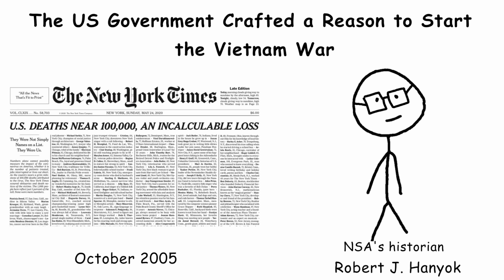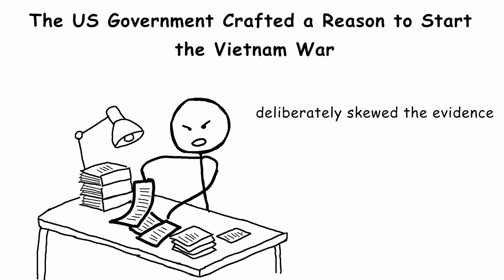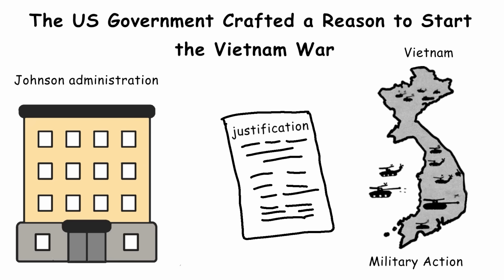Also, in October 2005, the New York Times reported that Robert J. Hanyuk, an historian for the NSA, concluded that the NSA distorted intelligence reports passed to policymakers. He said agency staff deliberately skewed the evidence to make it appear that an attack had occurred. This was probably done with the goal of providing the Johnson administration with the justification needed for military action in